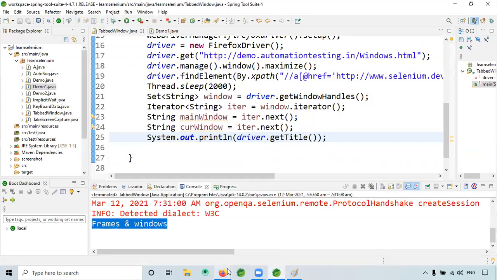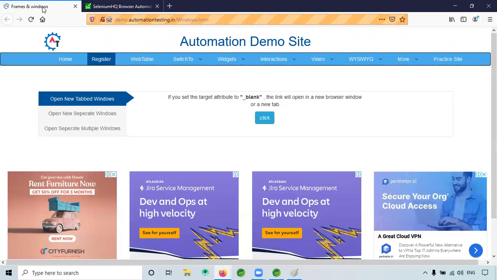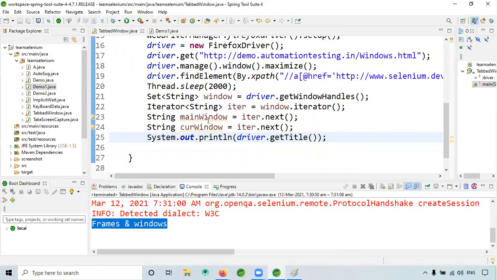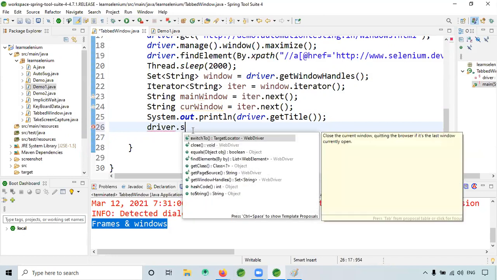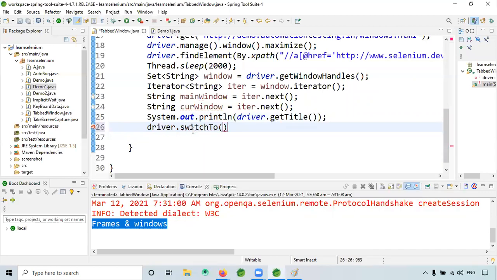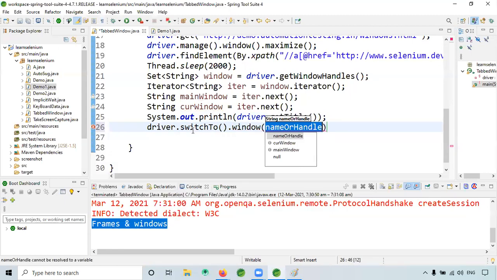Frames and windows, in the sense it is printing this one. Okay, here we have to use one more method, that is driver dot switch to dot window. Here I will use current window like this.